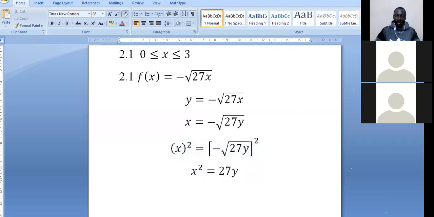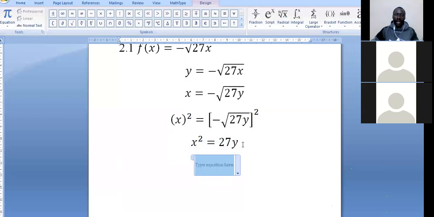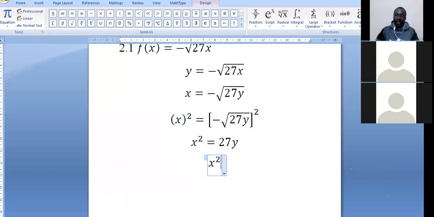Then one more step, which is the last step before we conclude, is to divide the right-hand side by 27 and also the left-hand side by 27. So from the equation x squared equals 27y, when we divide what is on the right-hand side,